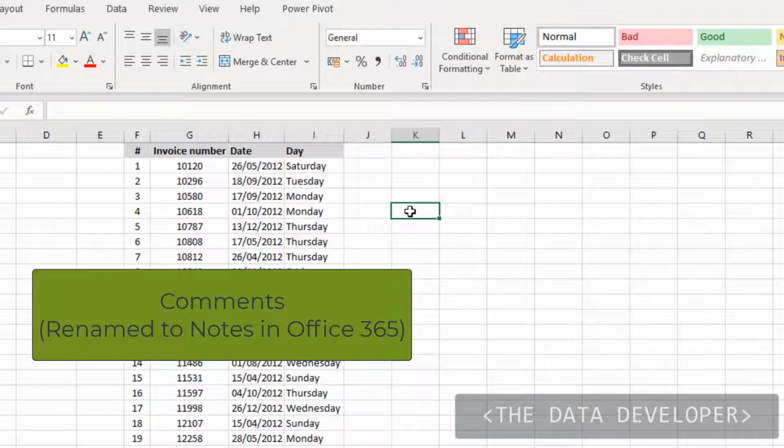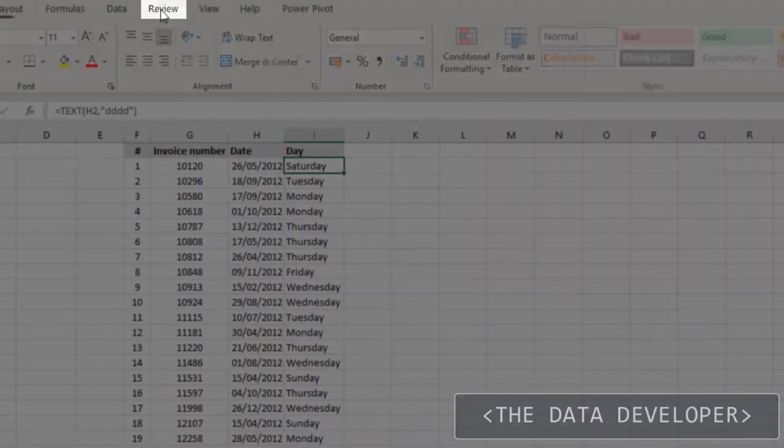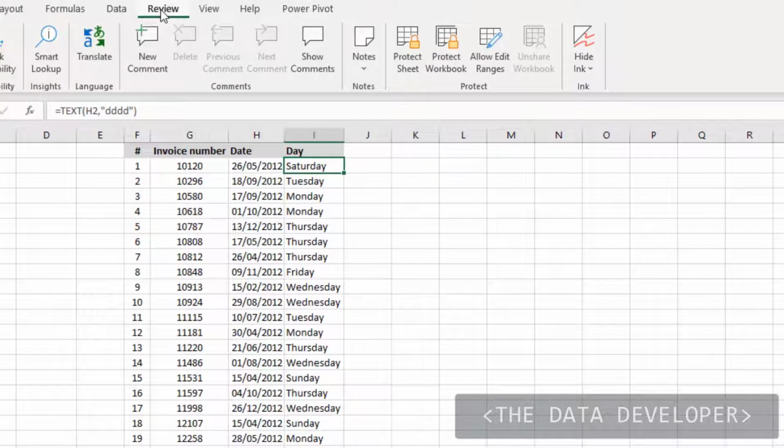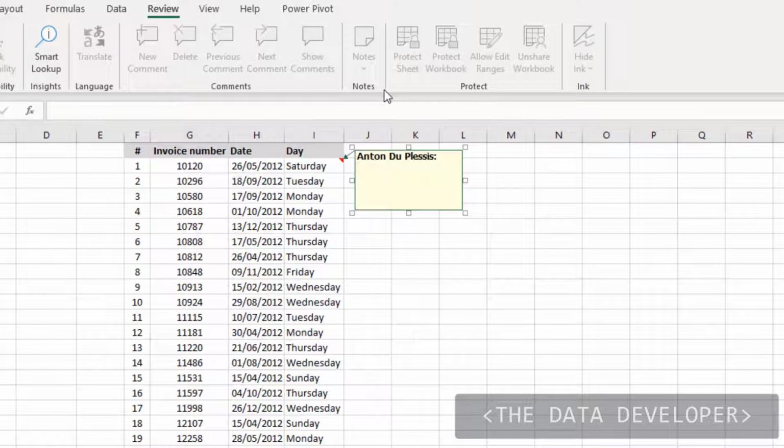If you have data like this and you want to add a comment, you'll click on a cell, click on the review tab, and now in the previous versions of Excel you would have just said new comment. I will show you this at the end of the video. Comments is a new feature now in Office 365, and what we used to know as comments are now in notes. So you click on note, click on new note, and by default it will show your username of your computer and you can leave your note. So I can say